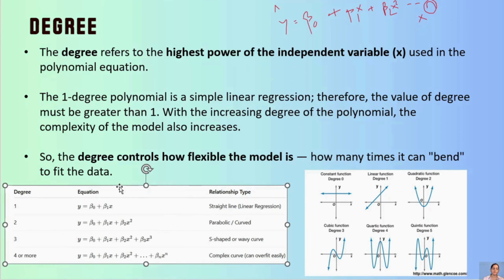And this is the formula for each and every degree, right? So when I'm talking about degree 1, it's your straight line formula, right? Beta 0 plus beta 1x, simple linear regression. Then we have degree 2: beta 0 plus beta 1x plus beta 2 x square, which is parabolic or curved. And the same thing, if we see y hat equals beta 0 plus, this is for degree 3, beta 1x plus beta 2 x square plus beta 3 x cube, S shaped. Like that, you can define nth number of polynomial or nth number of degree.